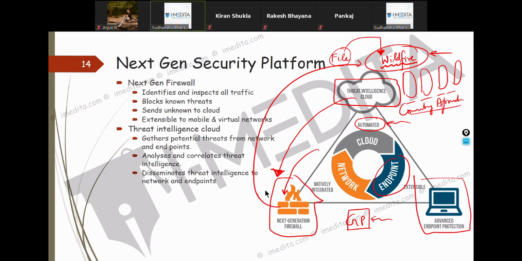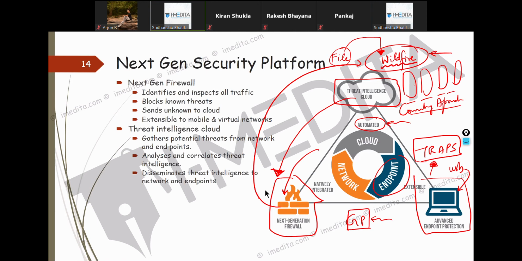So what happens is, suppose instead of downloading a virus infected file, I bring a USB and plug it into the device. Then there is no way that the firewall could have prevented it, right? You need an endpoint security solution to prevent it. So what Palo Alto has started to do is, they have made something called Traps. Okay. And it is an endpoint security solution, basically a client which you are going to install on the endpoint.